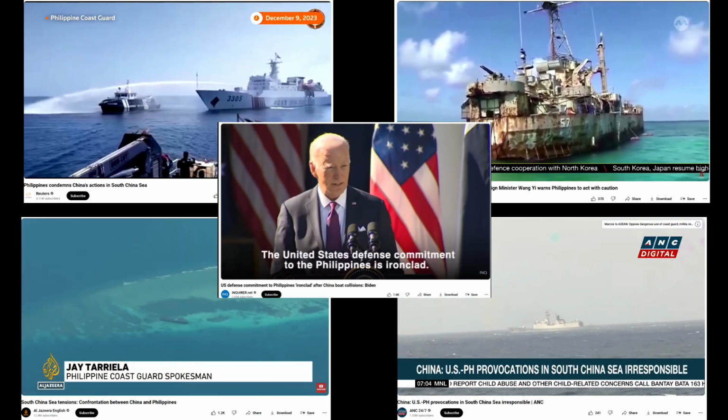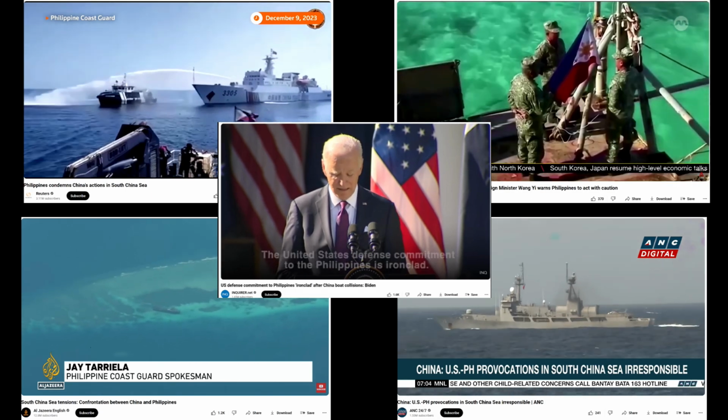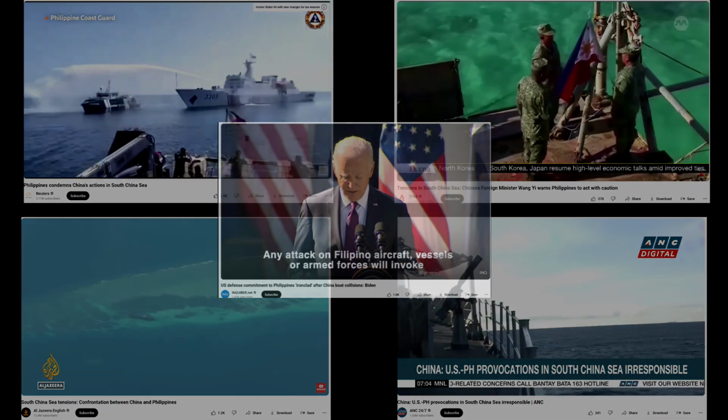The United States Defense Agreement with the Philippines is ironclad. Any attack on the Filipino aircraft vessels or armed